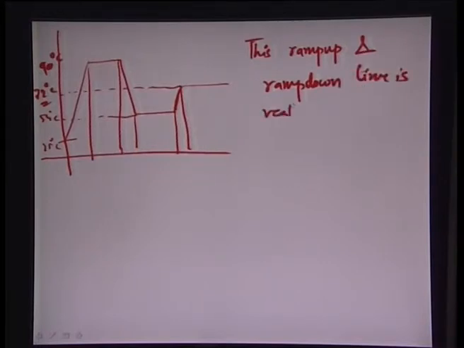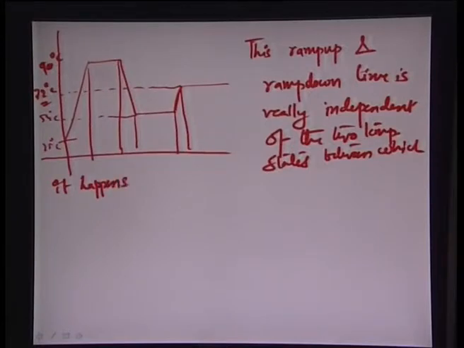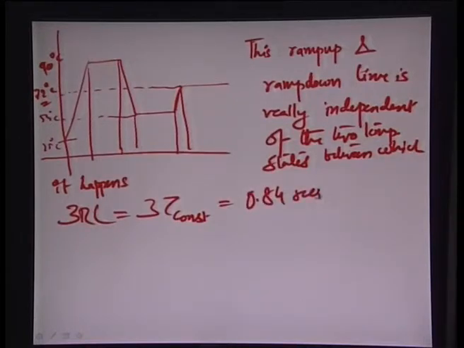is really independent of the 2 temperature states between which it happens. So it is essentially dependent on the reactor volume. In this particular case the 3RC, or the 3 time constant, was found out to be 0.84 seconds, and in